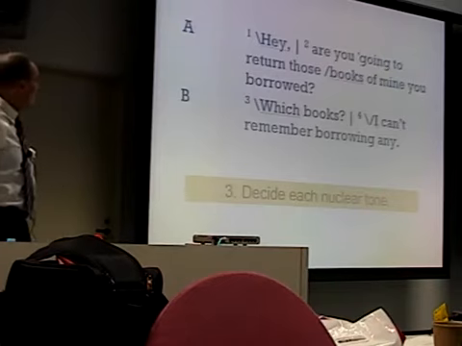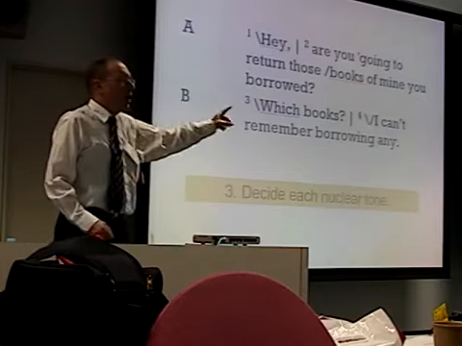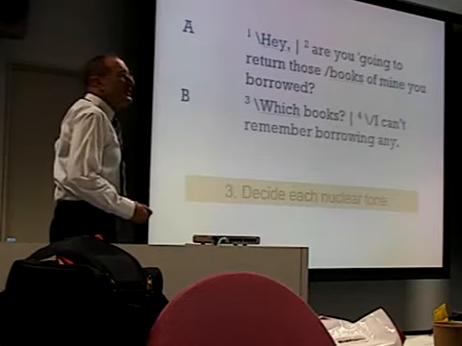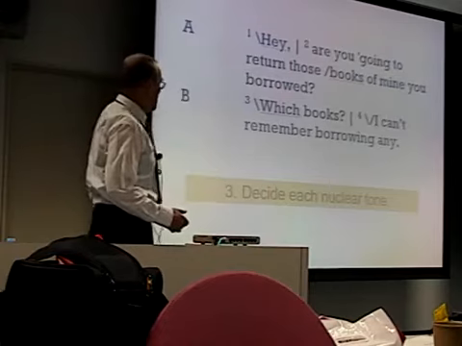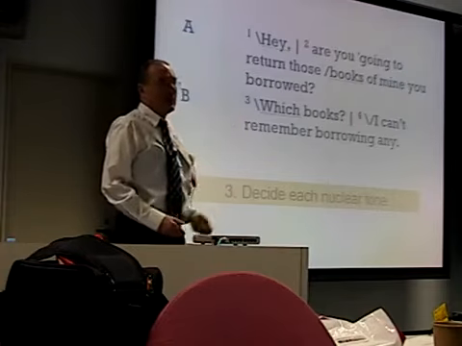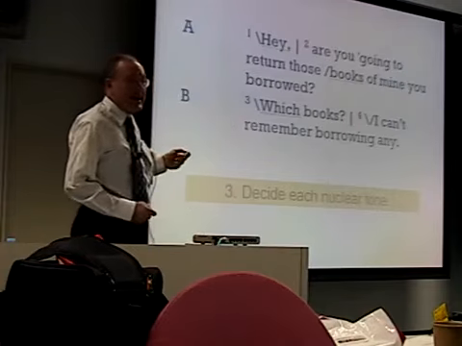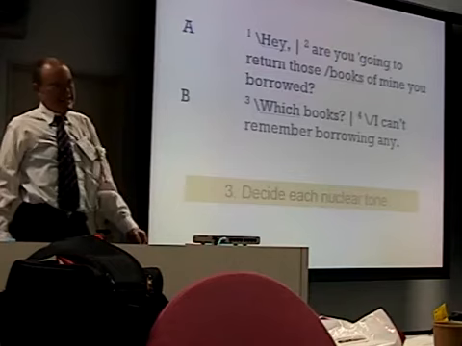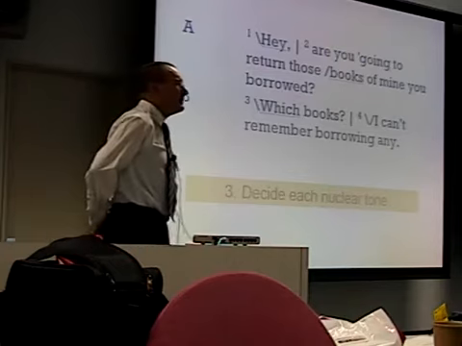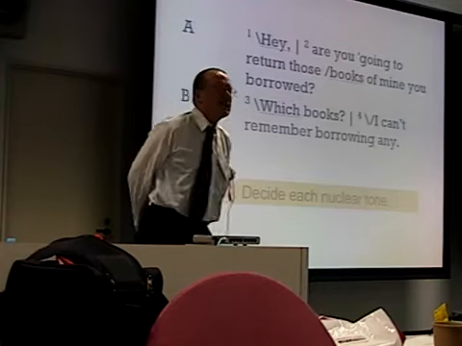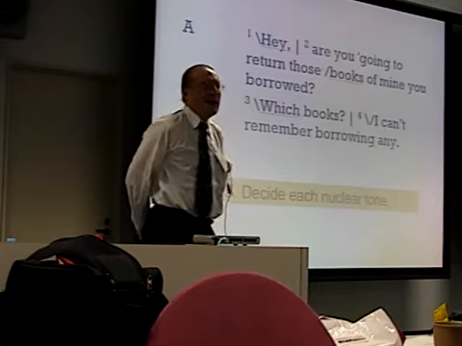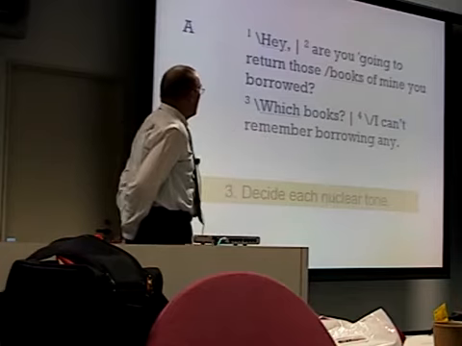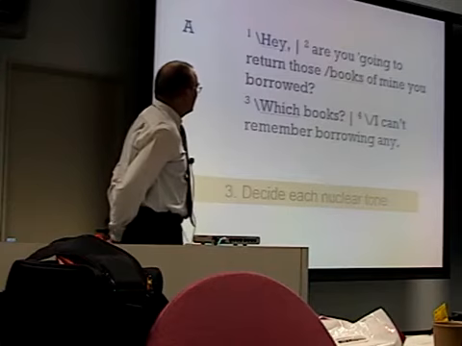Go over the fall. Now, fall rise with a long, long tail. What did Dr. Ashby tell you about the tail? Fall on the nucleus and delay the rise. So where's the rise going to come? Well, somewhere at the end, borrowing any, somewhere there. I can't remember borrowing any. I found that some people find it helpful if the teacher whistles the tune, because that gives you just the pure movement of the pitch with nothing else. So, hey, are you going to return those books of mine you borrowed?